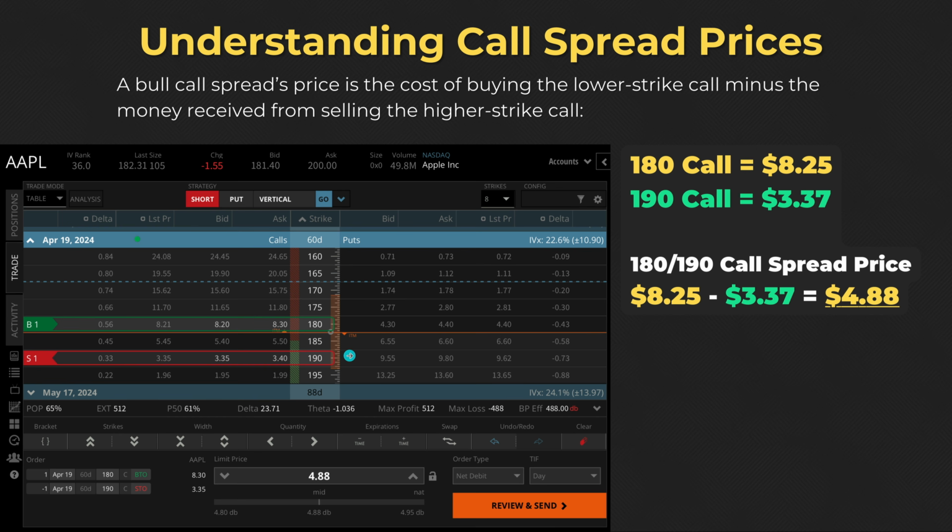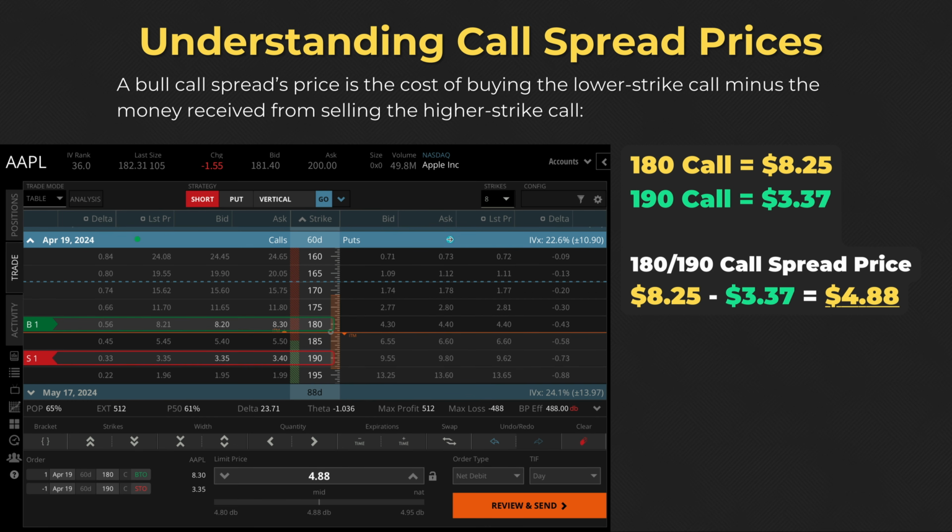180-190 bull call spread. This is constructed by buying the 180 call, and we can see that there's a green box around the 180 call, and then selling the 190 call, and we can see that there's a red box around the 190 call. So the 180 call has a mid price of $8.25. This is just the middle point between the bid price and the ask price. The 190 call has a mid price of